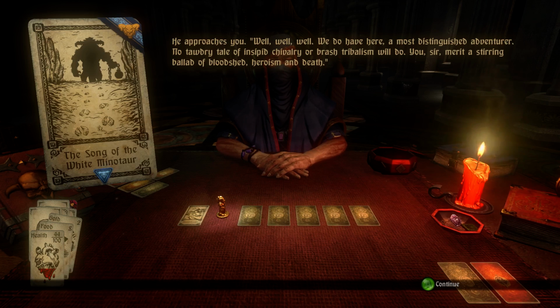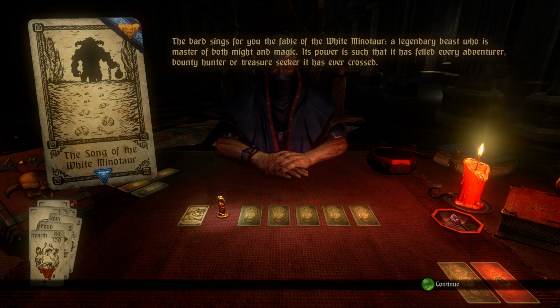He approaches you. "Well, what do we have here? A most distinguished adventurer. No tawdry tale of insipid chivalry or brash tribalism will do. You, sir, merit a stirring ballad of bloodshed, heroism, and death." The bard sings for you a fable of the White Minotaur, a legendary beast who is master of both might and magic. Its power is such...